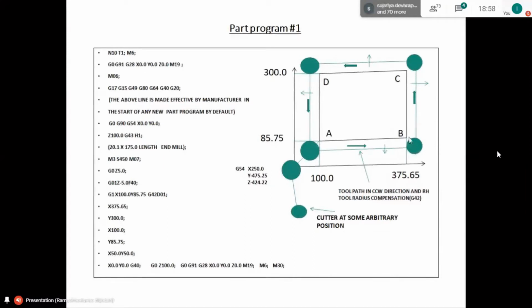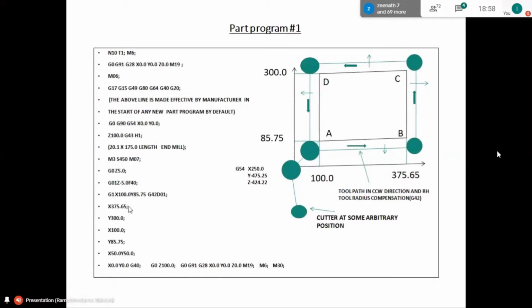From B, the cutter will travel towards C, and the coordinate values of C are X 375.65 and Y value is 300. Here, X value 375.65 is already given, so you don't have to give the same value in the next line.